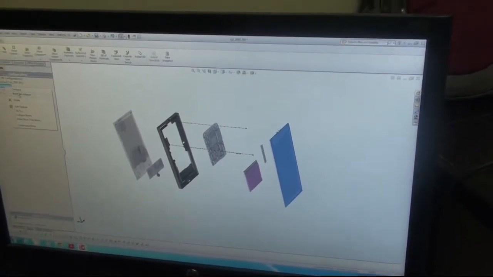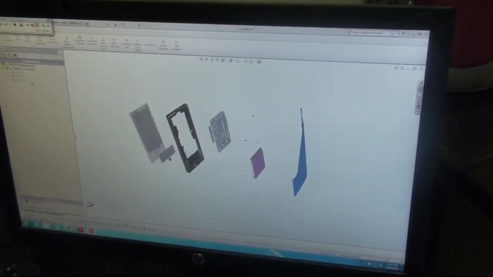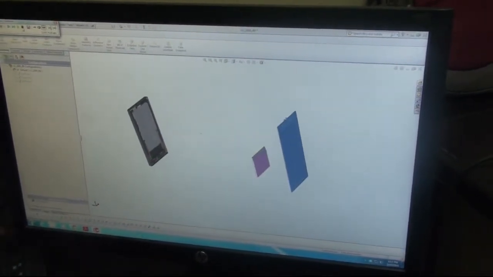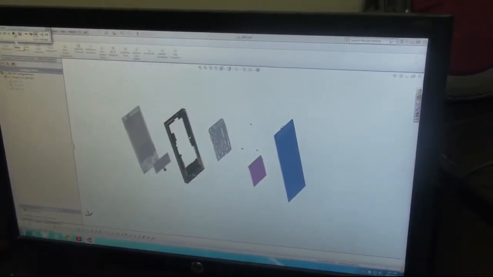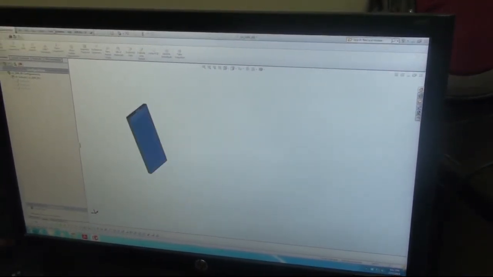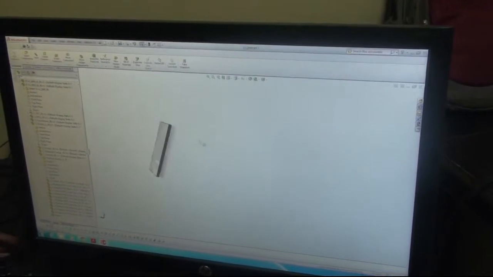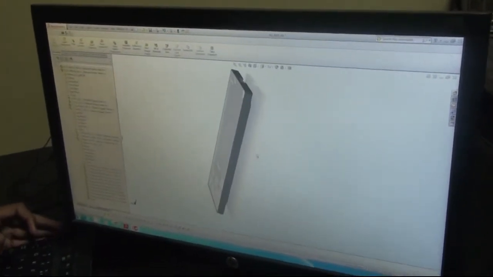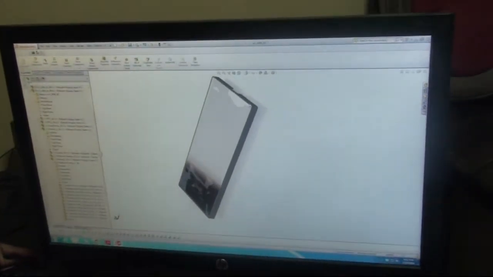We can do this kind of simulation and check whether all the parts fit in place or not, and whether there is some hindrance while assembling. So this allows us to do DFMA, and with that we start designing the frame.